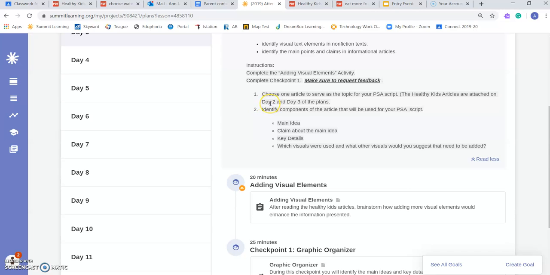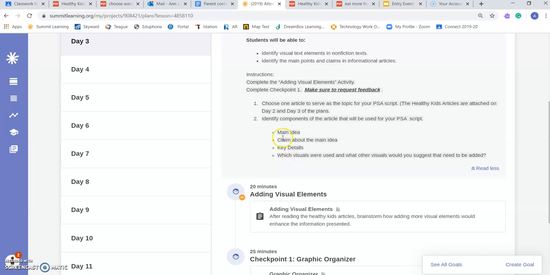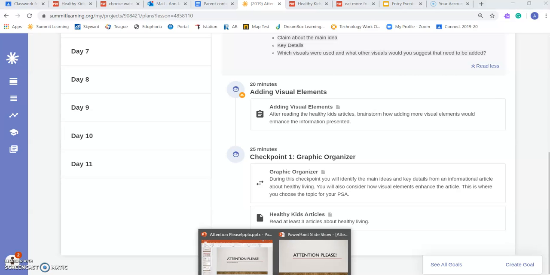There, it says that the Healthy Kids articles are attached on day 2 and on day 3 of the plan. So you can see they're down here, and you can go back and refer to them. You're going to identify the main components of the article, and these are the things that you'll see in the graphic organizer. So I'm going to switch over here